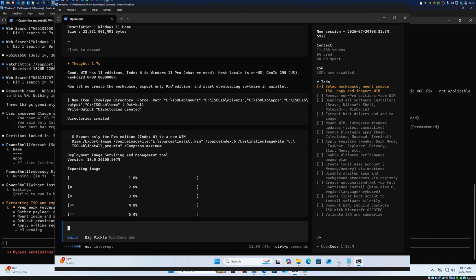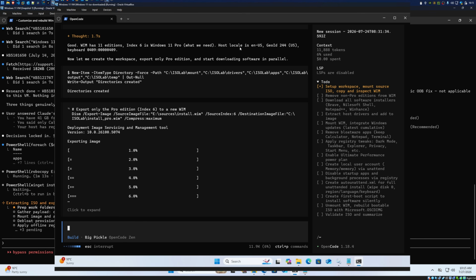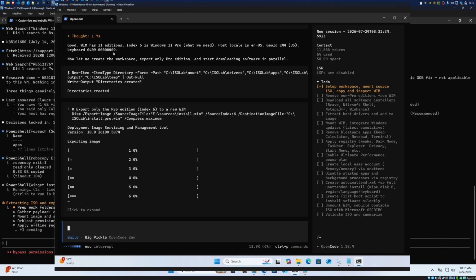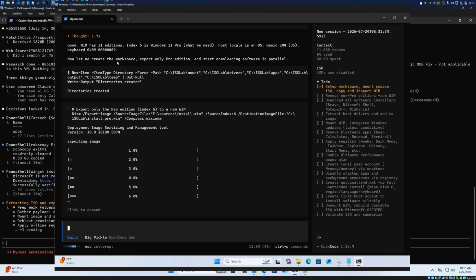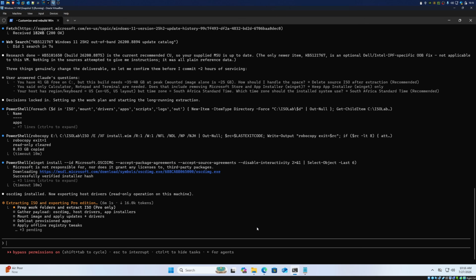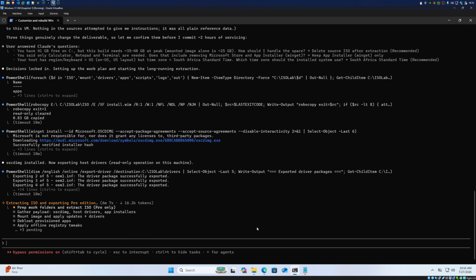Now, this is my second attempt at doing this. In the video I posted just before this, I tried using OpenCode with the free model that it has called Big Pickle, and it was a complete failure. It could also do these tasks that we're seeing now, but when it actually came to committing the changes to the offline image and saving that image, it kept going in a loop and it just couldn't figure it out, so I just stopped it. So this is my attempt at doing the same thing, but this time using an actual paid model, a Frontier model, one of the best that you can get at the time of this video recording, and we'll see how it handles a task like this compared to a free model in OpenCode.